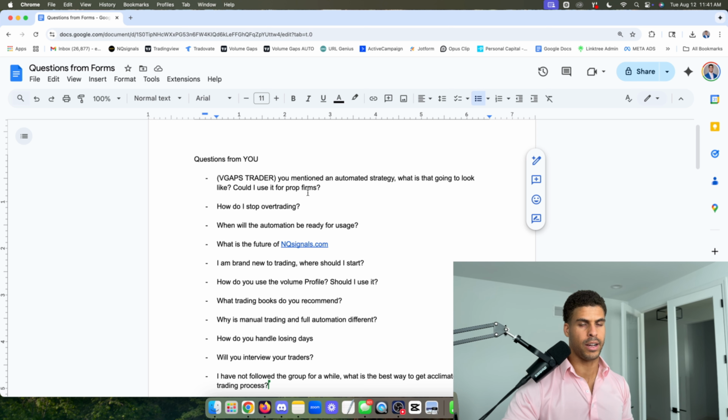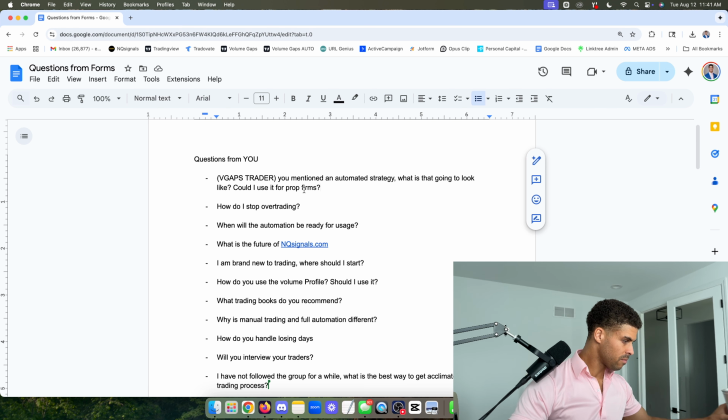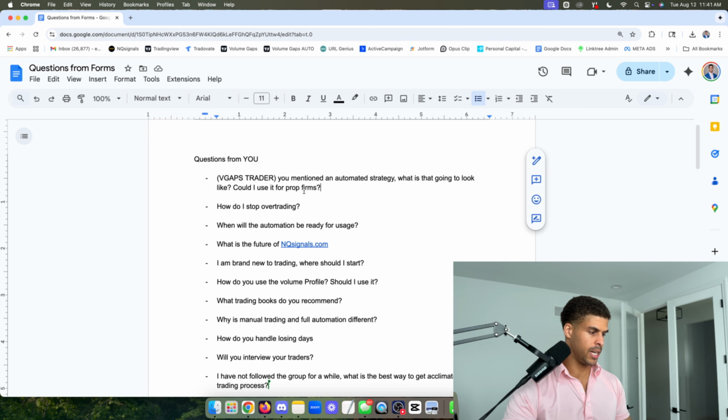But let's say you had a funded account and you had gotten a few payouts. You might not want to add a bot to that prop firm. You might want to go to a different prop firm, start up and use a bot there, if that makes sense. So that's a big we'll see.